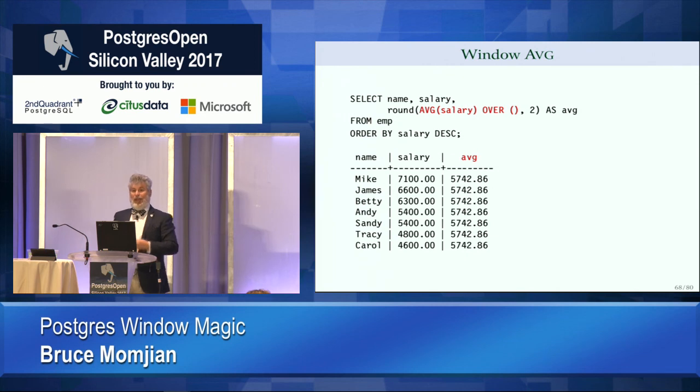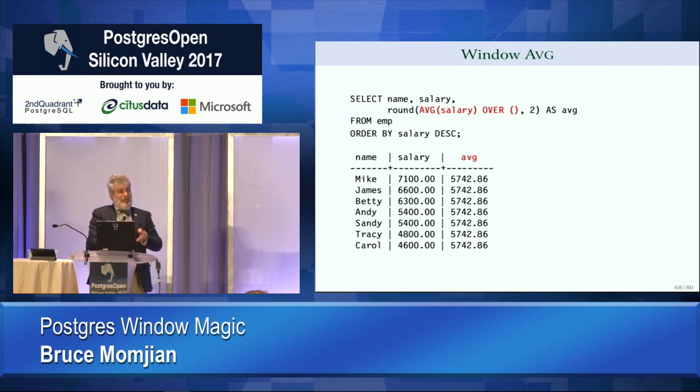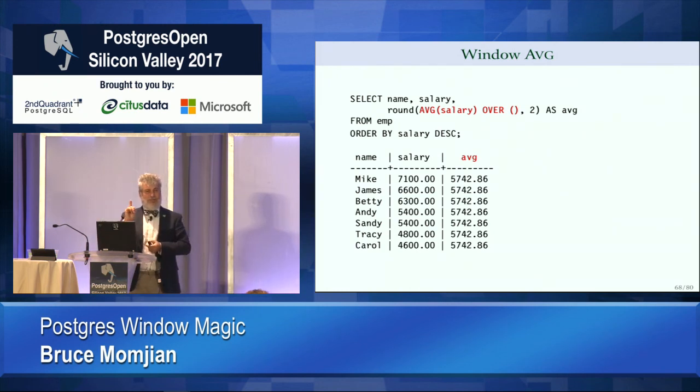Here is a window average. This is kind of cool. Now I've got this person, the salary, and now I've got the average of the salary for all the employees, but I've retained the distinctiveness of the rows. That's what, I think, slide number 2, we talked about: the concept that aggregates allow us to compute something but maintain the distinctiveness. And it didn't sound very useful, but now it looks kind of useful. Because I still see my 7 employees, but I have a new column which is looking across the entire data set, which is giving me an average for the whole company.